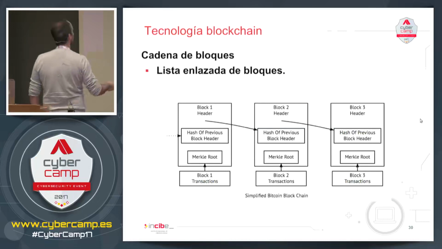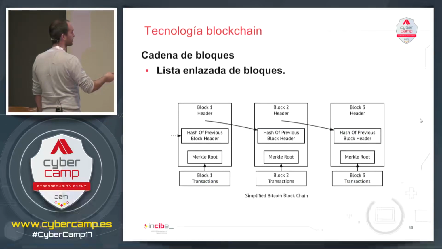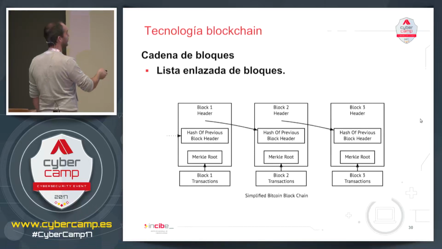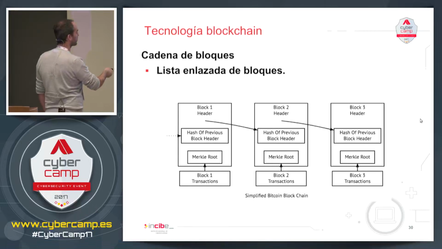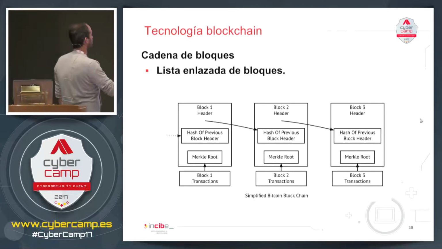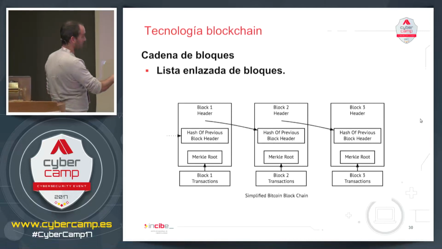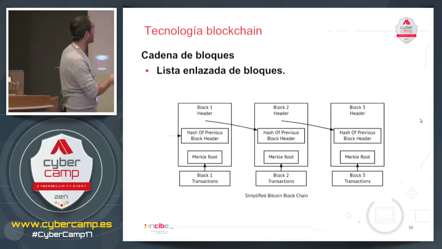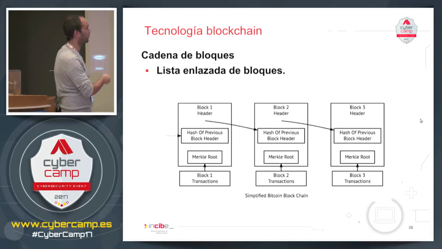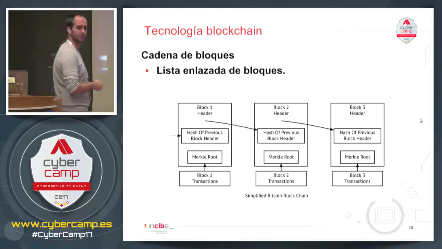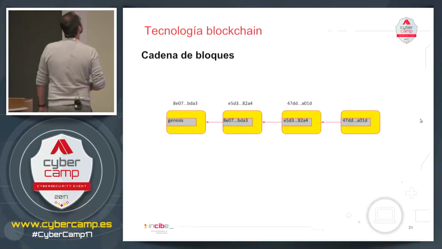These are Merkle trees. I've already explained them. These are the block structures, which I'm going to repeat because it's very important. This is the header, block 1 of the tree, the root of the Merkle tree that has all the transactions of block 1. And block 2 is exactly the same, but the header has a value which is a hash of the previous block header, which had to be exactly the same as the hash of block 1. Is that clear? You got it?